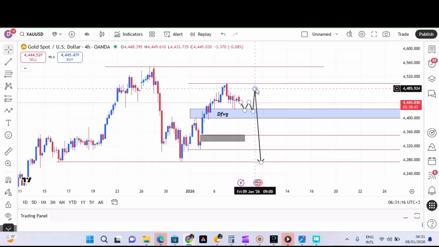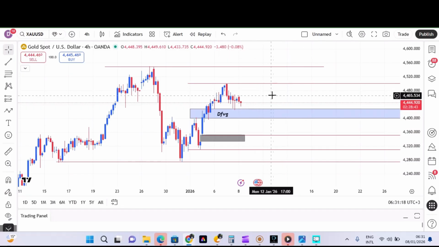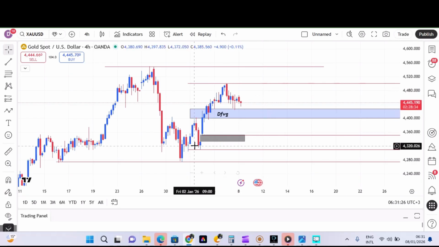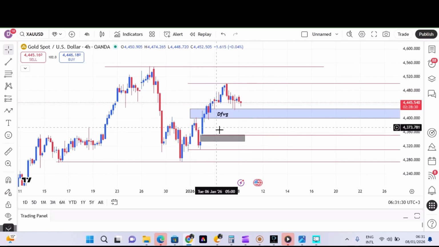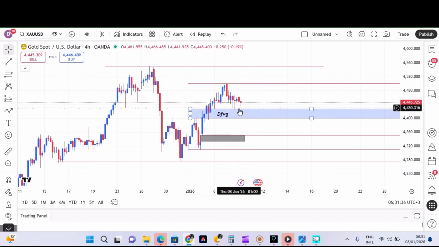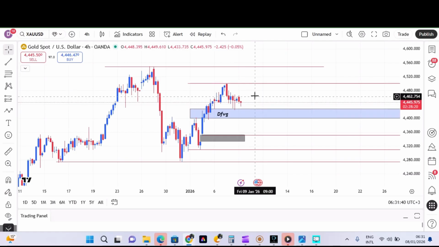Okay. All right. So what have we marked on the 4-hour so that we can go to the 15-minute, then conclude our analysis? We have marked the previous gap. We have a fair value gap here. We have an imbalance here. We have an imbalance here in this daily fair value gap. We have retracements happening on the 4-hour, short-term buys on the small time frame.